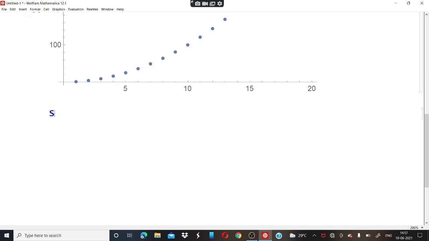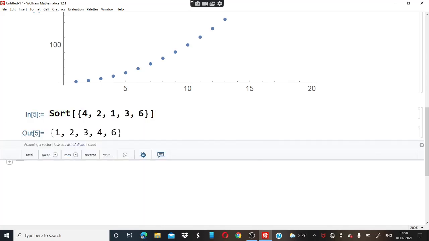So first we will write sort, and then we will write the elements given, that is here 4, 2, 1, 3, 6. We will close both the brackets and press Shift and Enter.